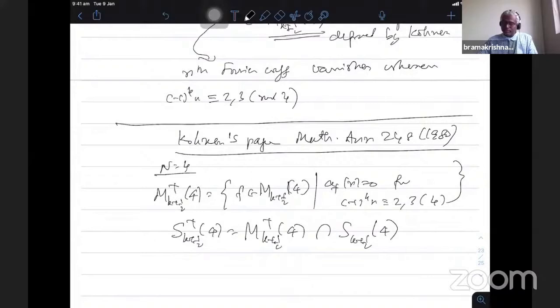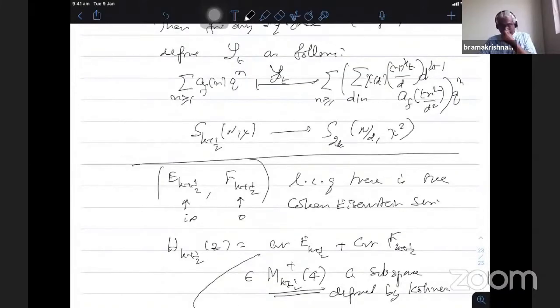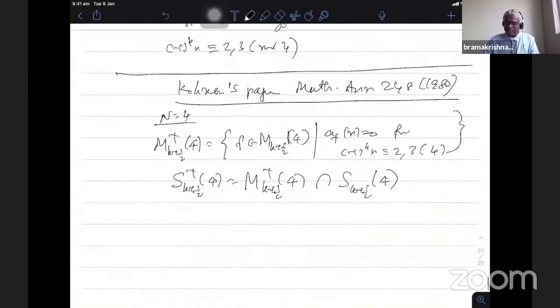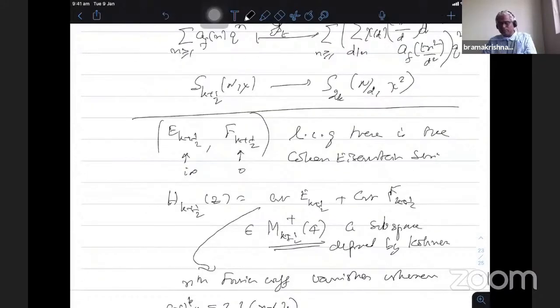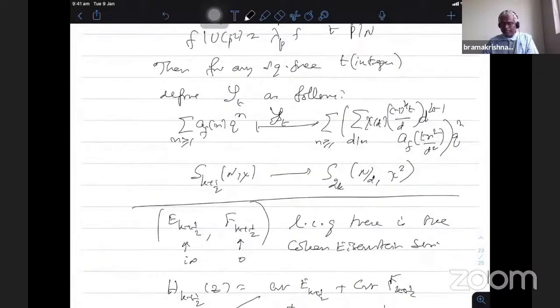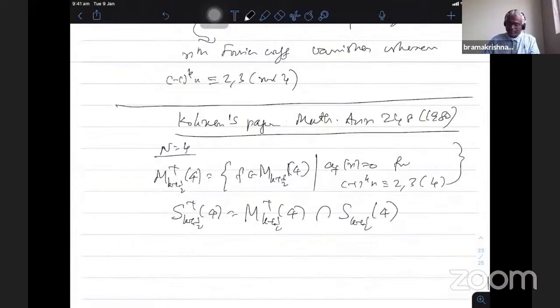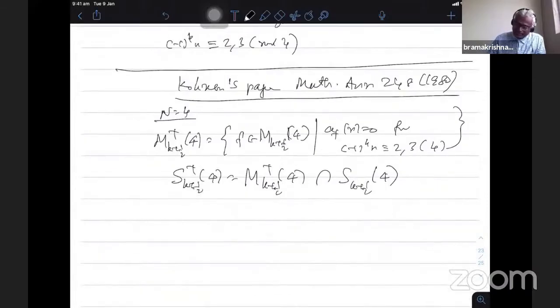Therefore, instead of any square infinity, I have to find the fundamental discriminant. So I have to define a map depending on the fundamental discriminant rather than the square infinity. Because of this property, we modify this particular mapping, and then one can show that the modified mapping sends modular forms of half-integral weight in the plus space to S2K of level N instead of N by 2. So in the case of level 4, what we showed is that this space M_{k+1/2} plus of level 4,